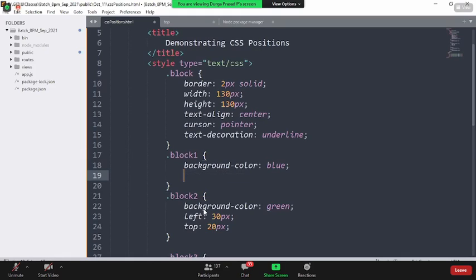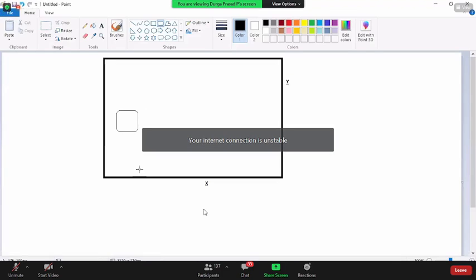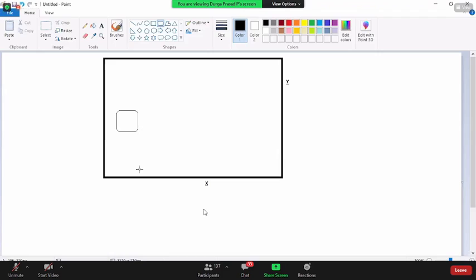By default, it is static. Any DOM element rendering on the page, you may give it or you may not. By default, every element is static. What do you mean by static here? Static in the sense that the element will always try to fall under the XY axis.